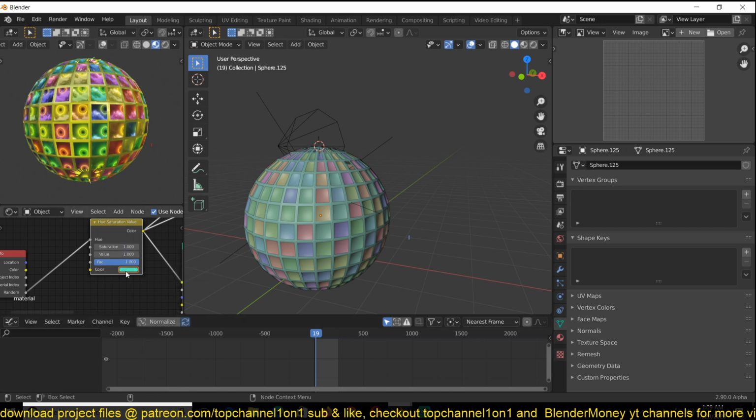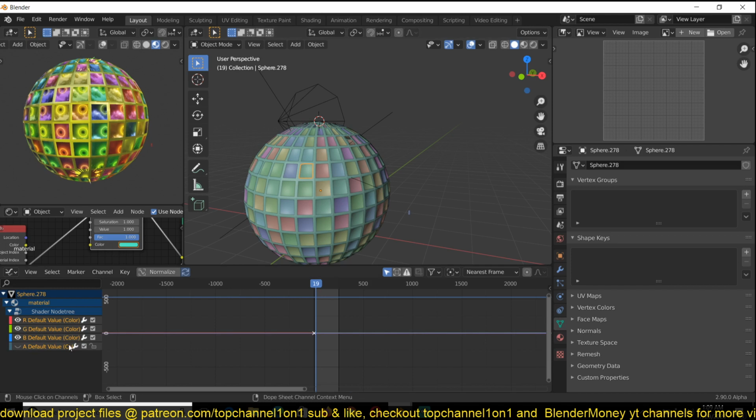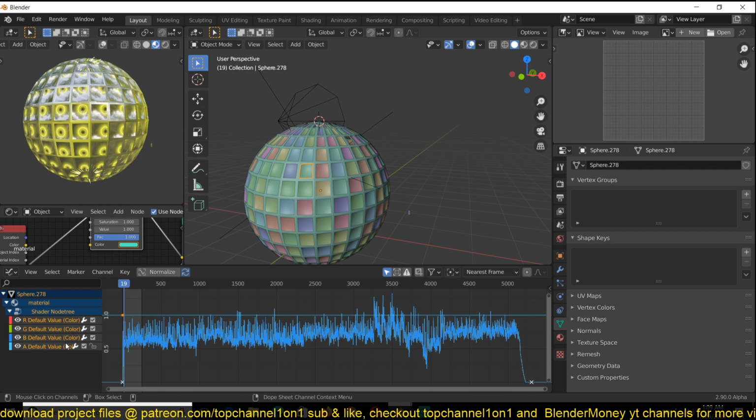So what I need to change is this here, and let's see how we can do that. How do you change the hue and saturation?